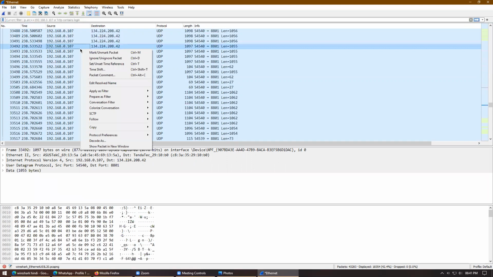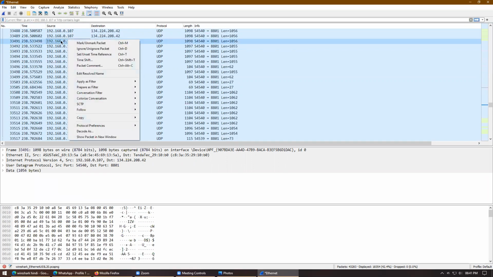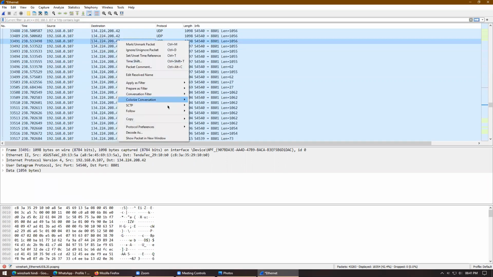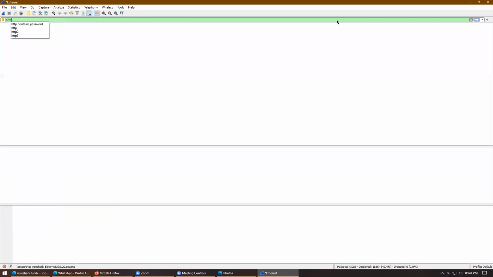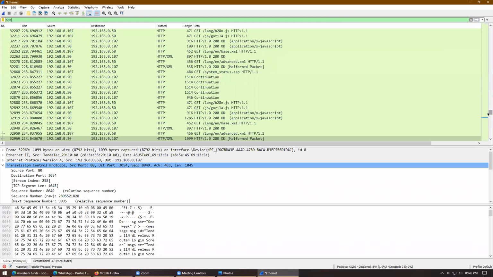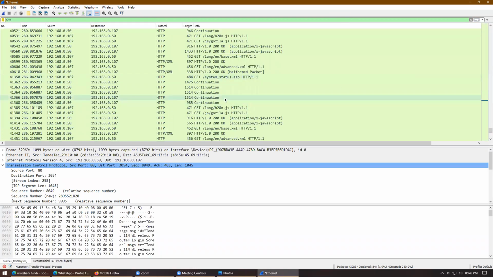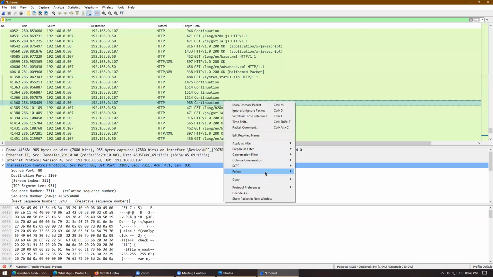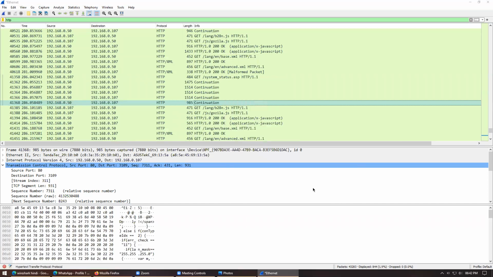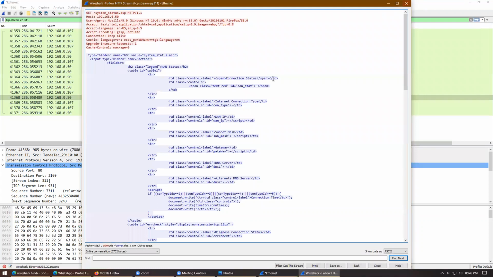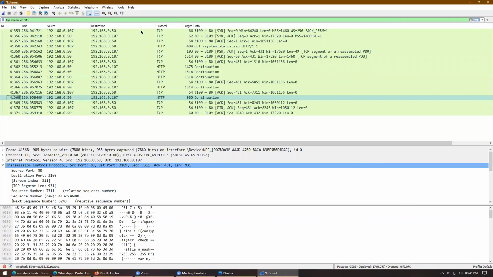And if you want to filter a specific protocol, you want to see the data flow between this and this, just follow the UDP stream. Or if I filter HTTP and just select a random frame and right click, follow HTTP stream, you're going to see all the conversation that happened between these two, from here to here.